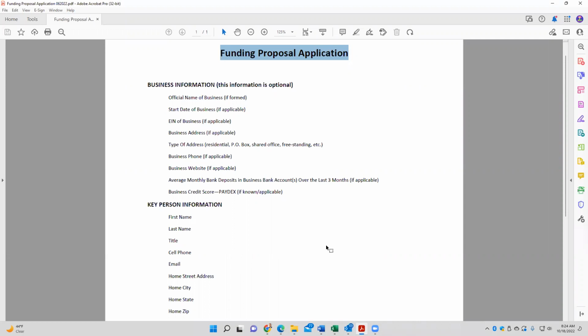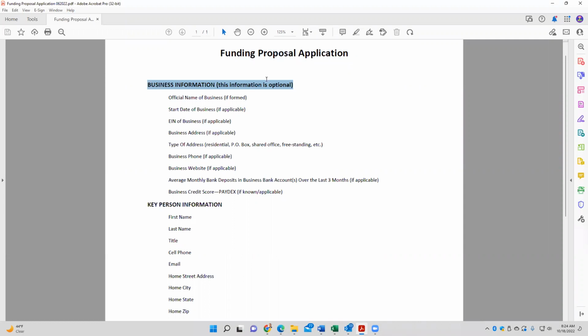We love getting business lines of credit set up for clients. Not talking about merchant cash advances, but business lines of credit. We do a lot of those. That's based upon the business information. So they should be getting funding within a few days of signing up with you, assuming that you've done step